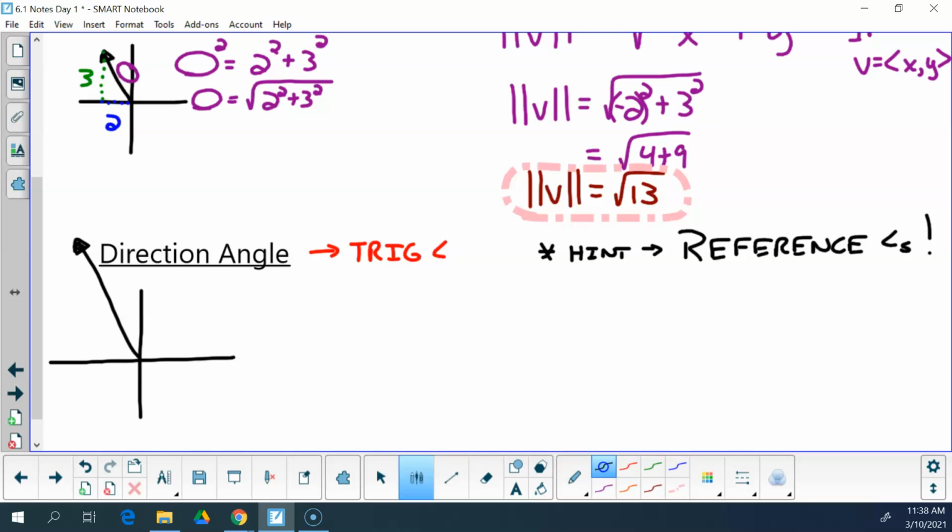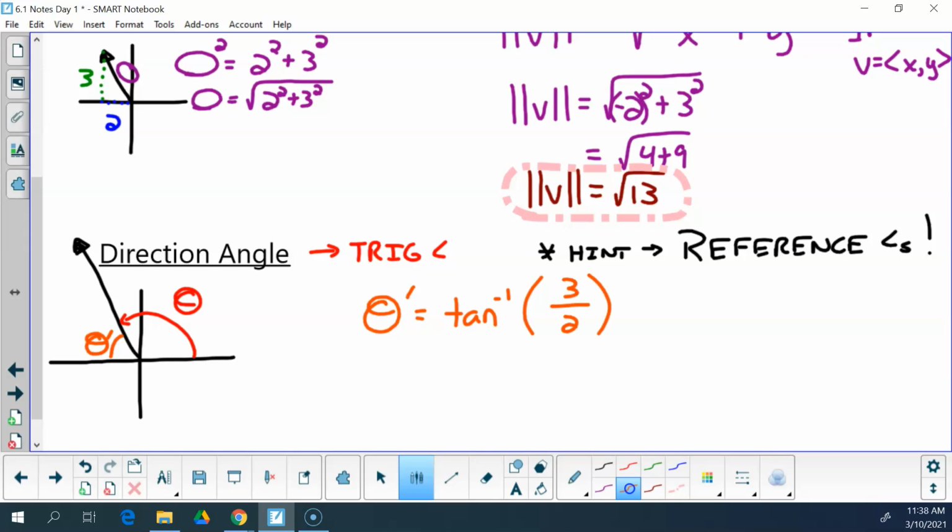This right here is my direction angle of my vector. Which means then that this here is my reference angle. And I find that. So the reference angle is equal to the inverse tangent of y divided by x,